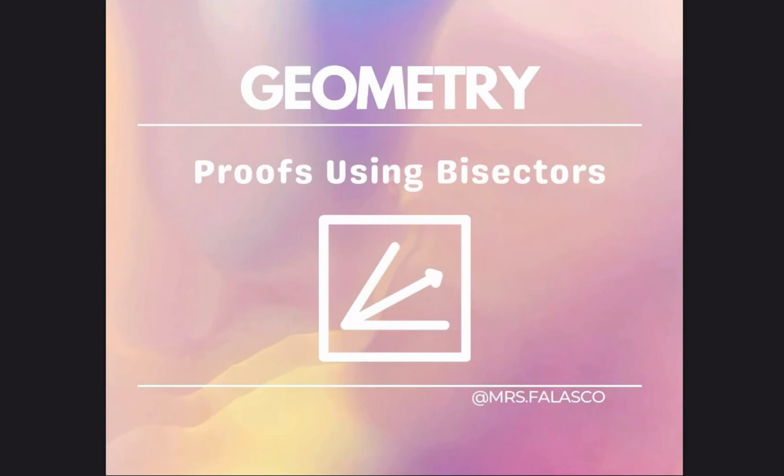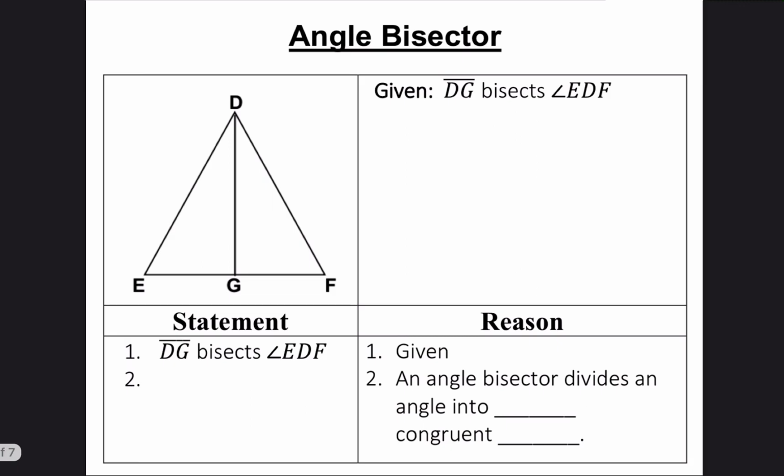In this video, we're going to construct geometric proofs using bisectors. Now, bisectors can mean one of two things. The very first thing a bisector means is an angle bisector. So if you were told that DG bisects angle EDF, the first thing you want to do is you want